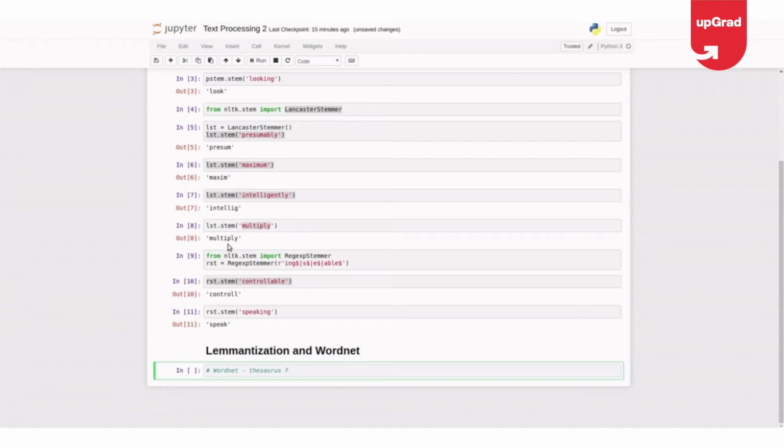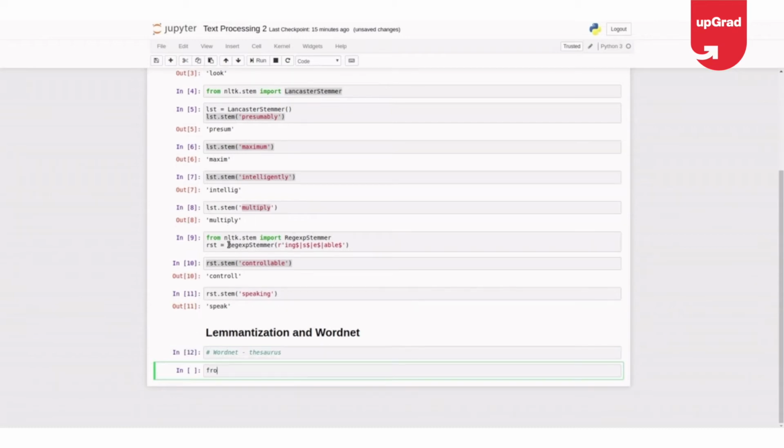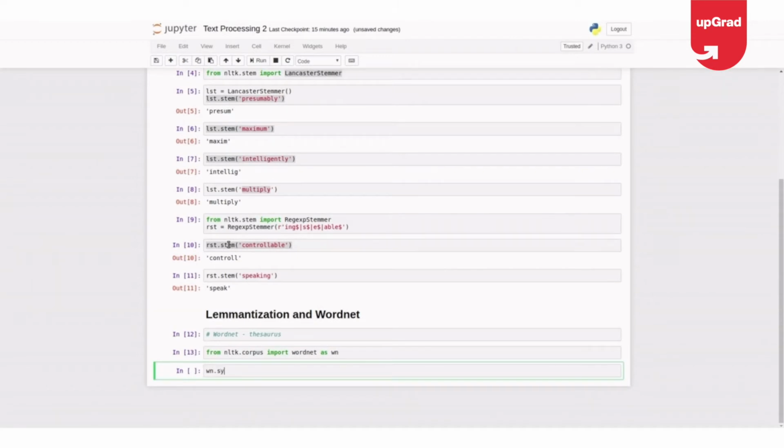From nltk.corpus import wordnet as wn. Suppose I say wn.synsets for spoke, as I was saying.